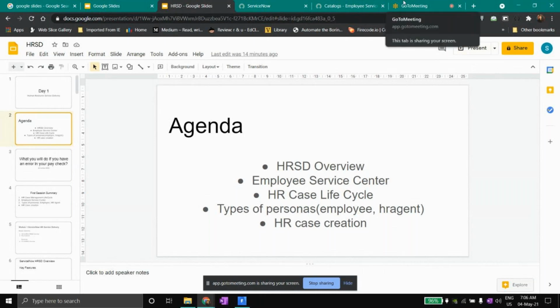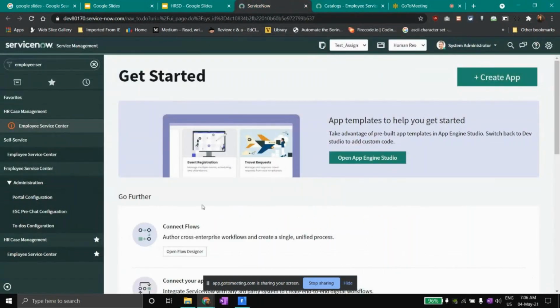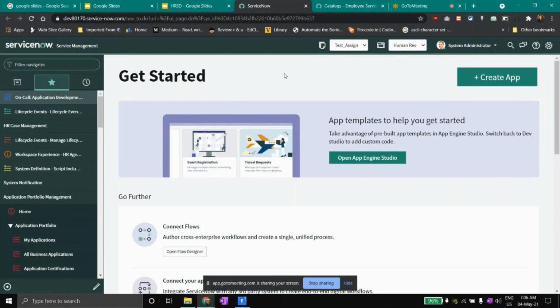Let me go back to my ServiceNow personal developer instance. This is on the Quebec release. You can see that we have an open App Engine Studio. This is how ServiceNow is building up, using more of a low code and no code approach. This is how you can create an application, but no need to worry about that. This is what I hope you are already aware of, our backend view, or the native UI. And if I go to